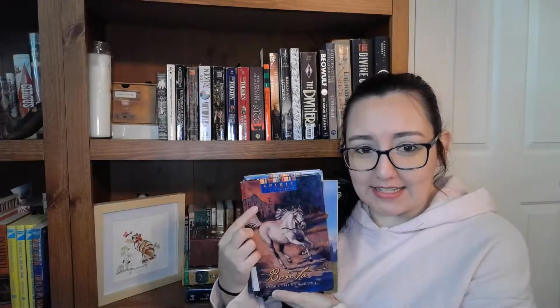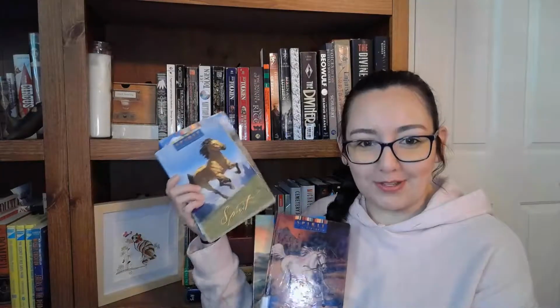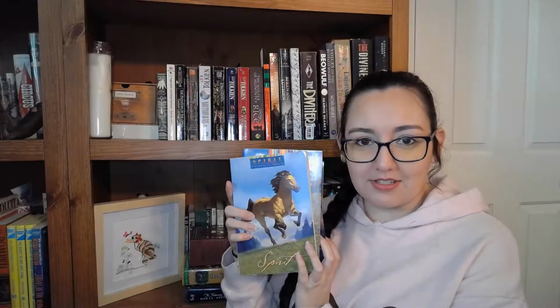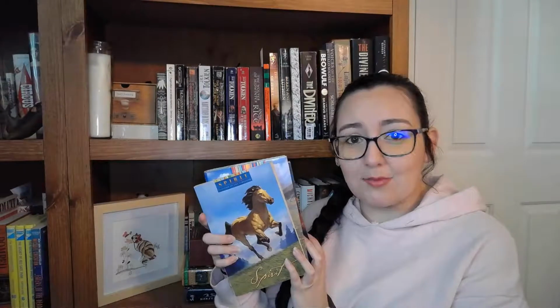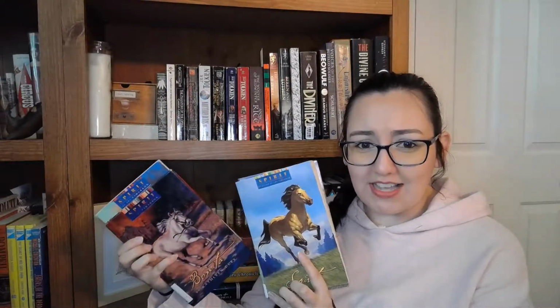I remember this one because it takes place in front of the Alamo or something. I thought it was Spirit's mom. No. Nope. This one, Spirit. If you ever saw the movie Spirit, it's a cartoon that came out when I was a kid, so like early 2000s. I loved this movie so much, and for whatever reason, I thought that Bonita was Spirit's mom. She's not. She's more like his